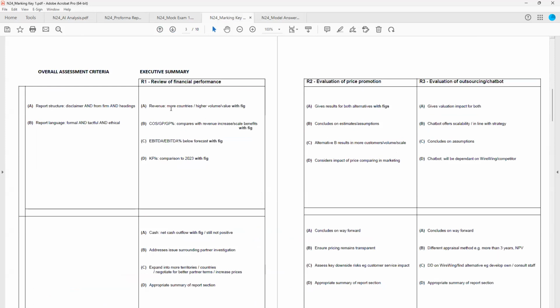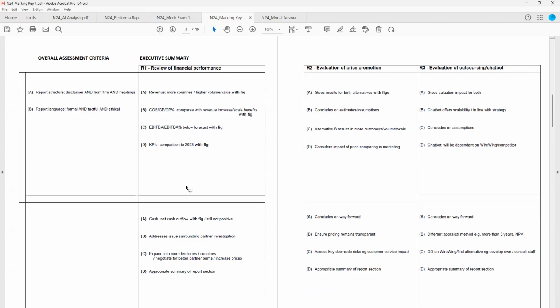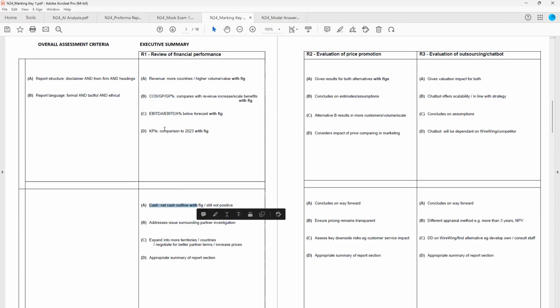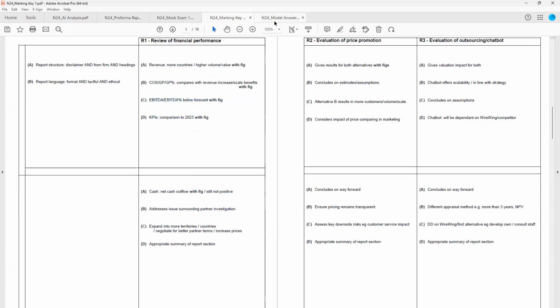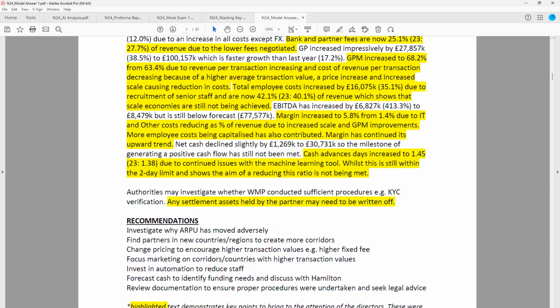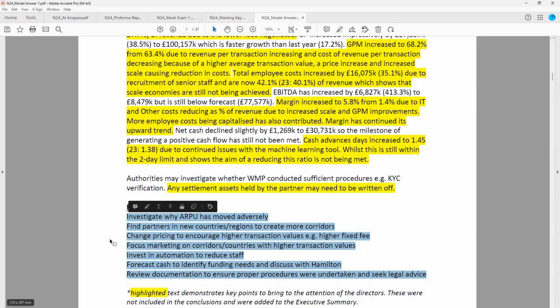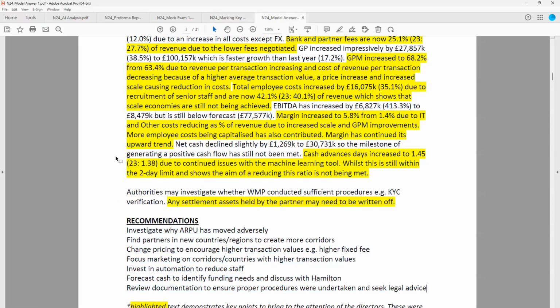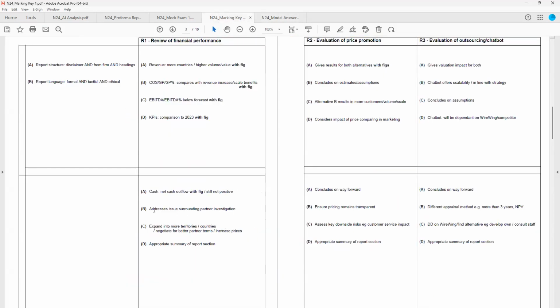In the exec summary, you're starting with that because you'll have your main points here, but then you're adding in some additional points, so a bit more detail, perhaps on the cash, the change in margins, the KPIs, and then we're also bringing over our most important recommendations, what we think are most pressing and important based on what has happened during the year, because there'll be a few recommendations in the exec summary